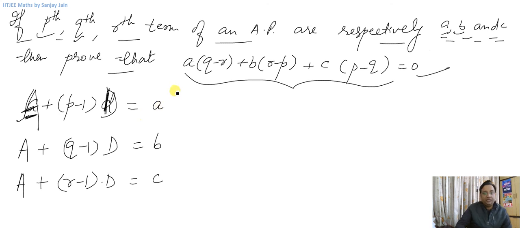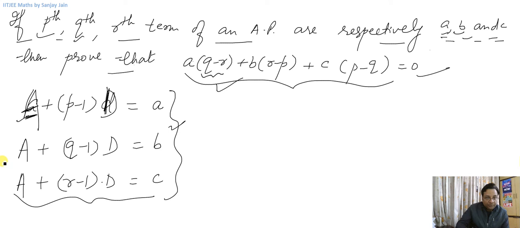Now this is the information that is given to me, and I need to find value of this expression here, right? Now if you notice, in this bracket q minus r is written, and how can I obtain value of q minus r using these equations? If I subtract, let us say, this equation from this one, I'll have an expression in q minus r. So let me do it. When I subtract,